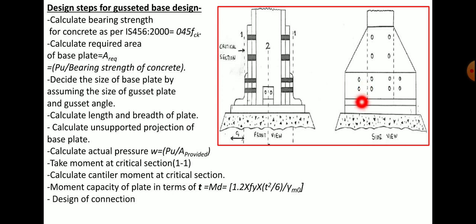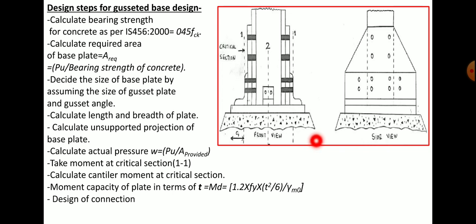So this is the side elevation or side view for that case, and always try to provide the bolts in even numbers. So here suppose 4 bolts, again 4 bolts, here 2 bolts, or again a pattern of 4 bolts only you may adopt. So likewise 4 zones are divided, or your entire gusset plate will be divided into 4 component parts, and total bolts are to be divided on these 4 particular portions, correct? So this will be the difference in design steps for your gusseted base and in case of slab base.